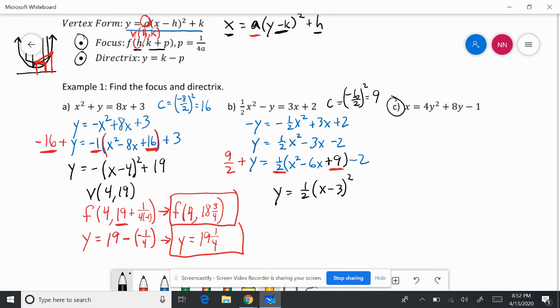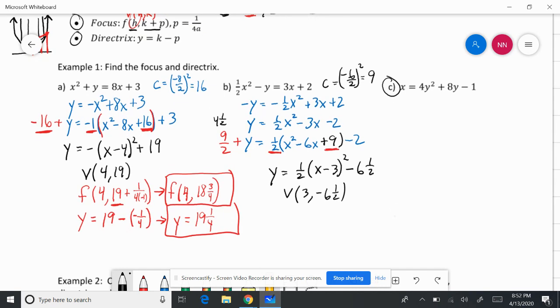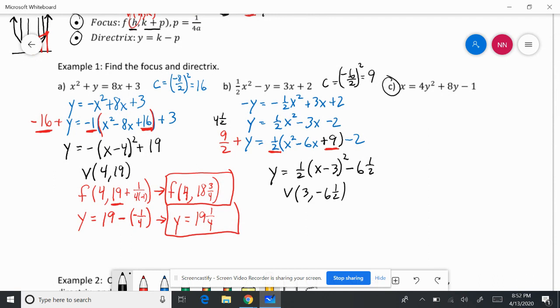Then I'm going to subtract the 9/2. Now remember, 9/2 is the same thing as 4.5. So if I were to subtract it, I get negative 6.5. So that means that my vertex is 3 and negative 6.5. So once I have my vertex, the focus isn't that bad. In order to find the focus, 3 stays the same. And I take the negative 6.5